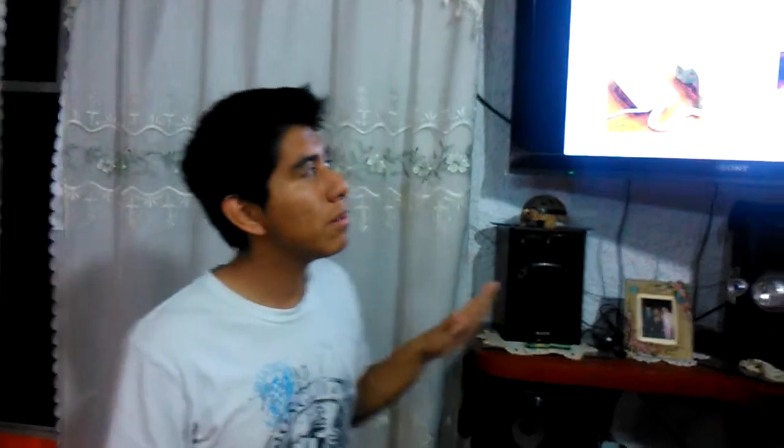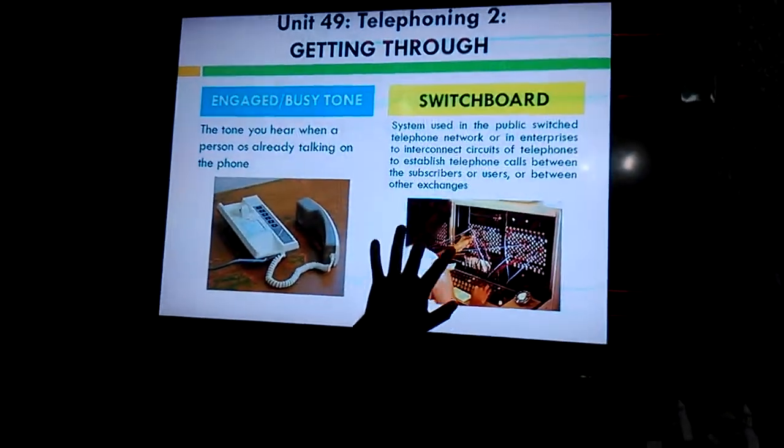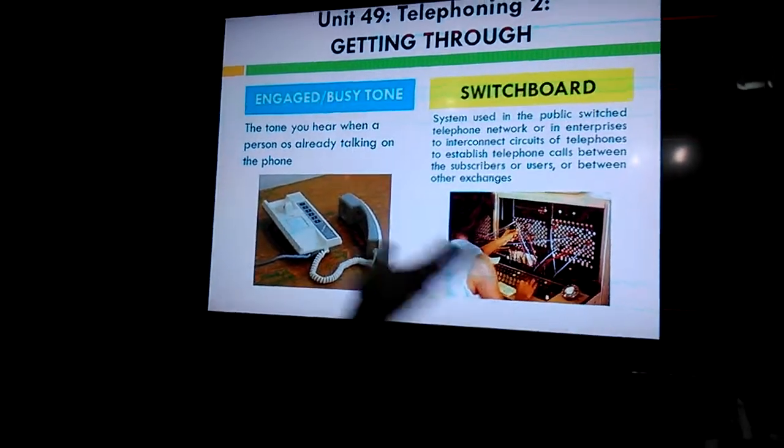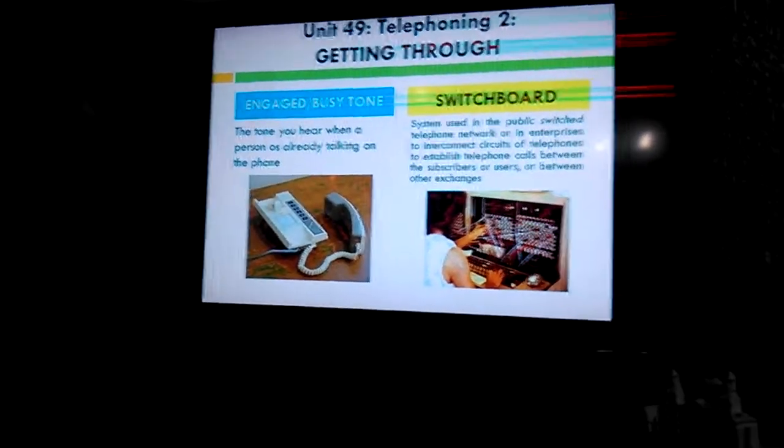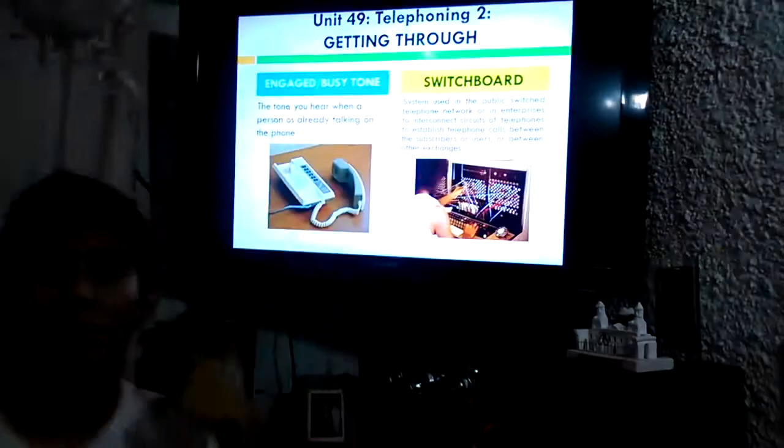And the other word here is switchboard. As we see in the picture, we can find this. For example, in this case, it's, let's say, an ancient one. A switchboard is the board in which you can connect many phones. For example, in enterprises, when you call the main officer, sometimes they say, okay, he's busy, I'm going to pass you to his secretary. Through this system, you can connect many phones in order to have a faster conversation.